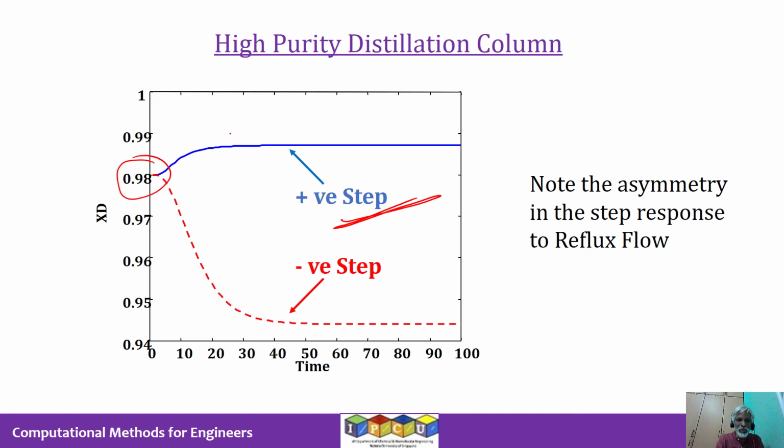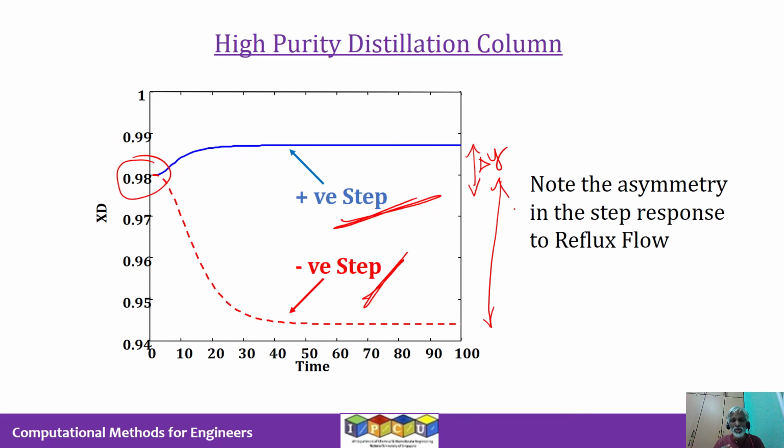It changes the purity, so the purity of the stream increases, and the response is like what is shown in blue color. From its original steady state, if you close the valve by 1%, the same amount, you are getting this response shown by the red dashed lines. And right away, you can see two things here. You can see that for the same amount of change made to the valve, the system responds very mildly for the positive step change. The change in Y is very small compared to the change in Y when you close the valve by the same amount. So this is the asymmetry in the response.